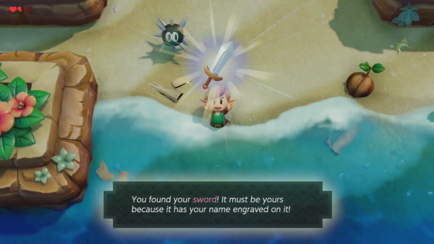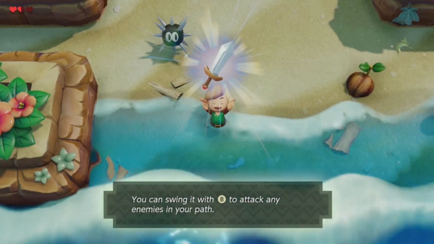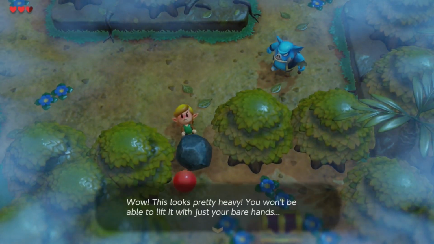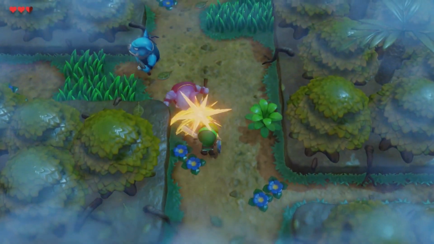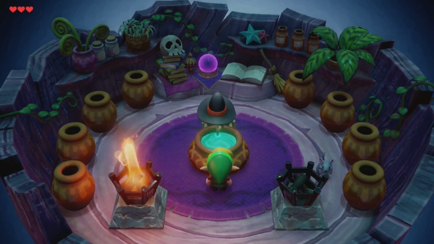Mabe Village. You are given a shield right off the bat and make your way down to the beach to grab your sword. From there, you go to the mysterious woods, which serves as this game's tutorial area. Here you will fight a few different core enemy types and learn the basics of block to stun and then sword follow-up combat. You also acquire your first equipable item here, the magic powder, which you can use to stun